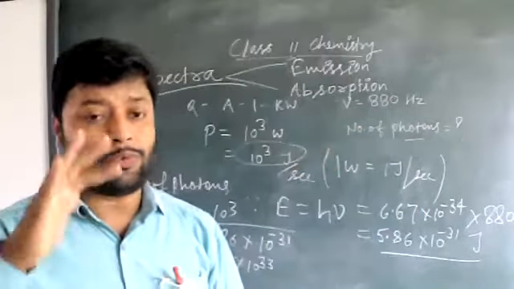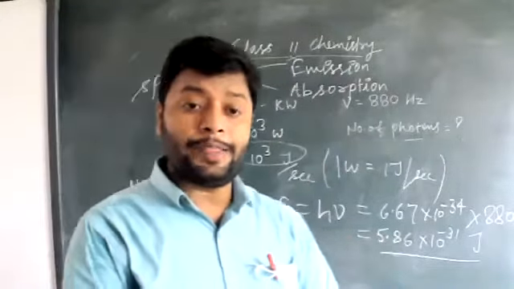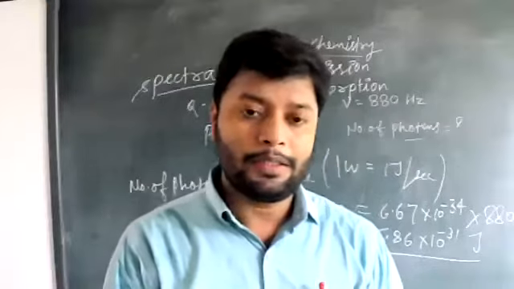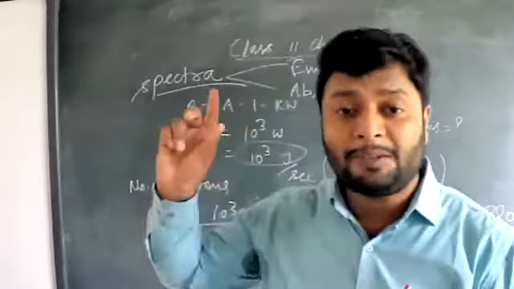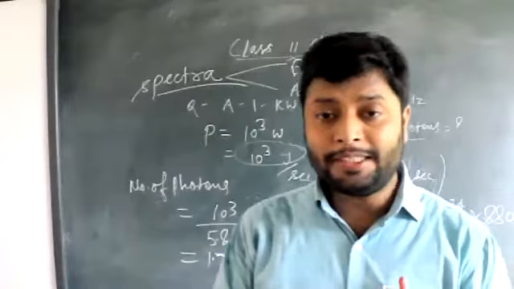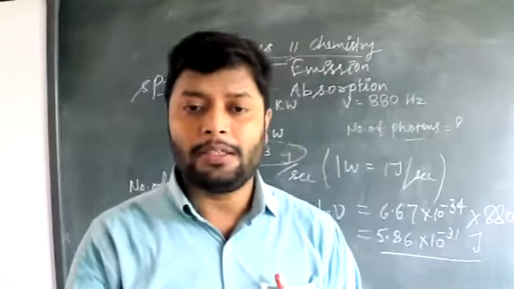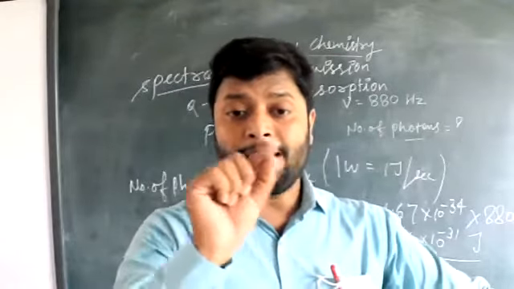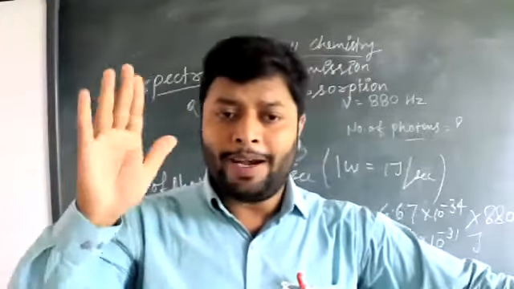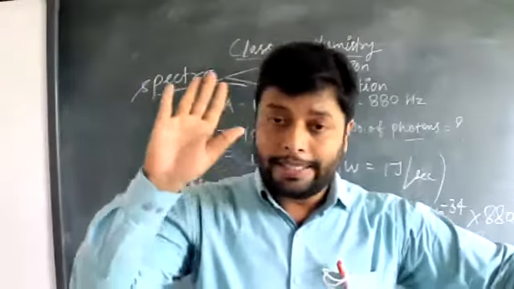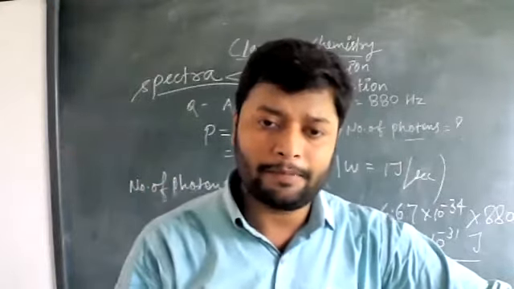You only have to deal with some basic knowledge at your level, because this is an advanced topic that will come in graduation level and post-graduation level. So at your level, you only have to learn what the meaning of spectra is, what the meaning of emission and absorption spectra is, and what line spectra is. Line spectra means when fine lines are obtained on the photographic plate after light radiation passes through the prism and strikes the plate, they are called line spectra.